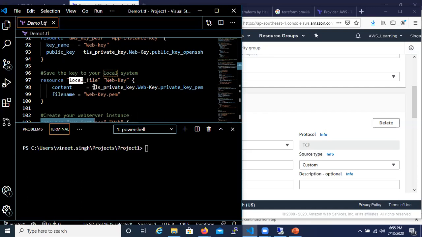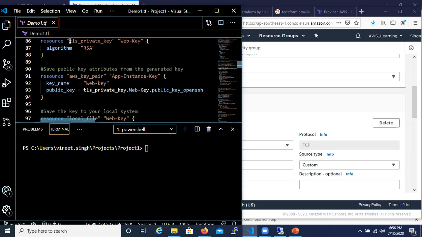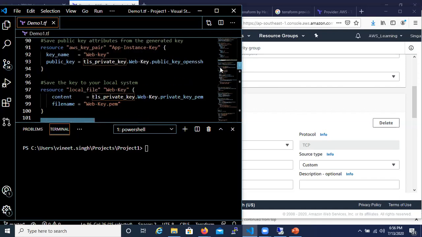And in here, the content will be my private key contents. I have created the key using TLS private key, and then dot web key is the name, and this private key PEM is the attribute which you can see when you are trying to use TLS private key.